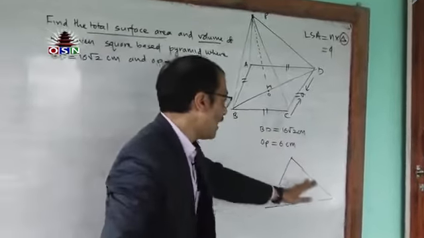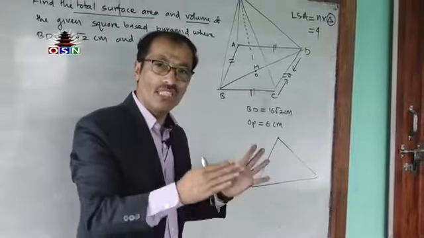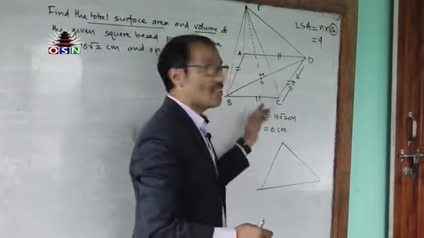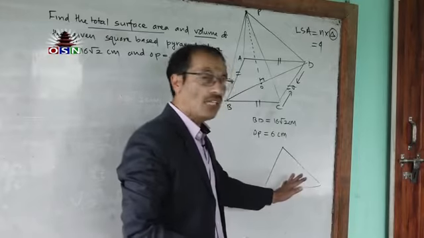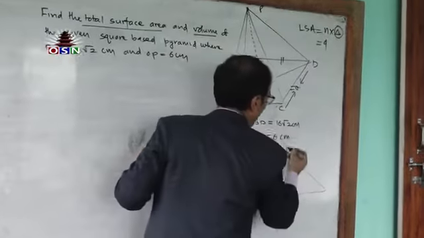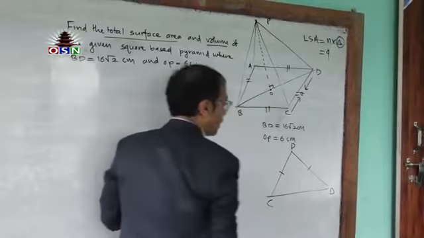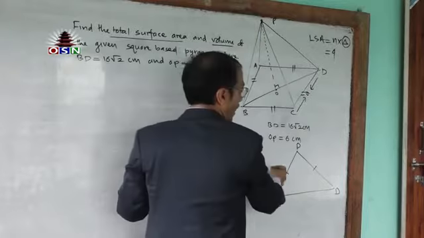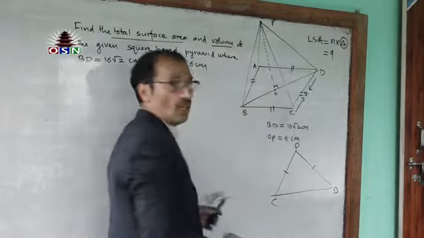I have picked out one triangle from here. There are altogether 4 triangles on 4 different sides. I have already said that all the sides on the base are equal. Among them, one triangle I have picked out here so that it will be easier for you to understand. Let's pick out PDC. These sides are equal, all these sides are equal. We know PC, PD, PA, PB will all be equal.